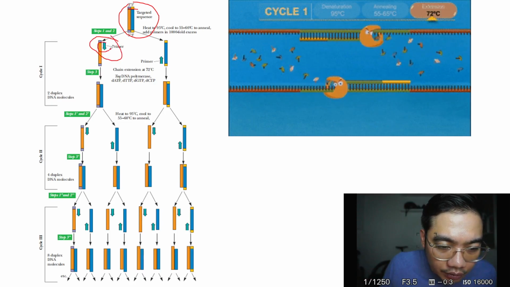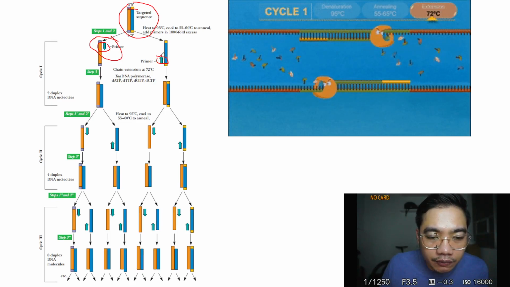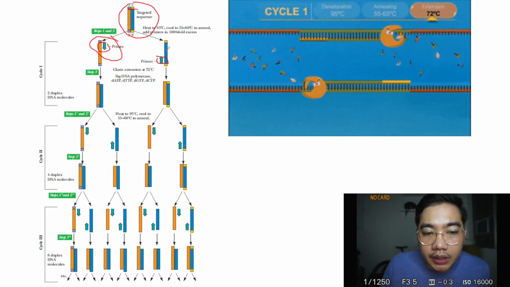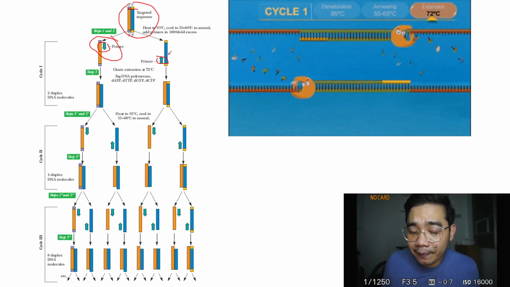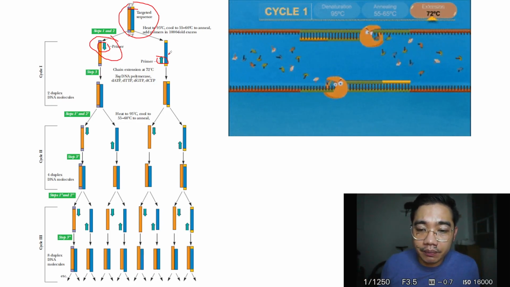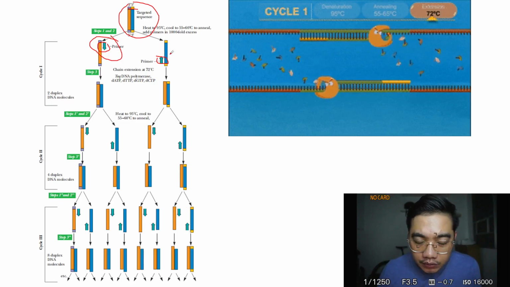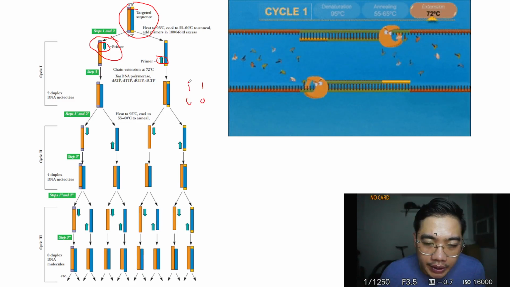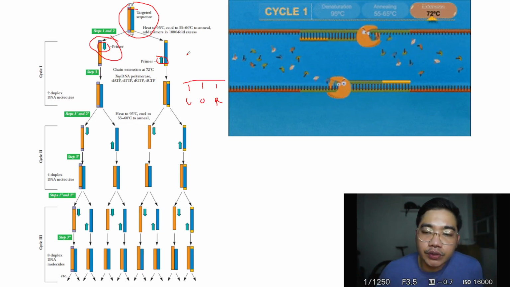They will attach. This is a primer here, and this. So your primers are specific, meaning this is the target DNA. This is target RNA in the context of reverse transcriptase, which I think will be tackled more in your clinical chemistry or microbiology in your later years. But for now, we're just going to talk about this context. So your primers are specific strands of complementary DNA. So first we should know what DNA